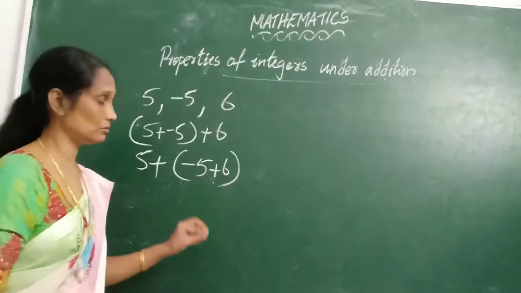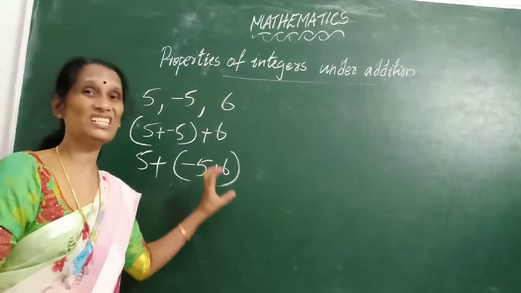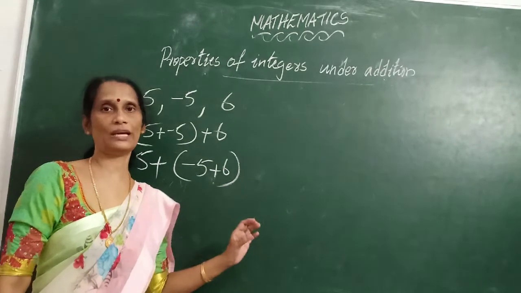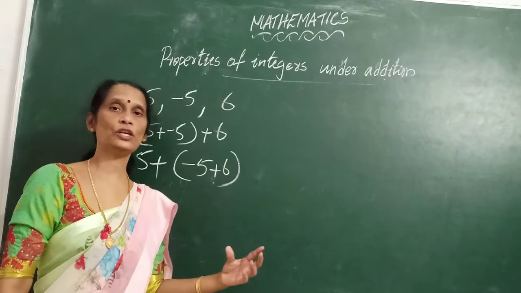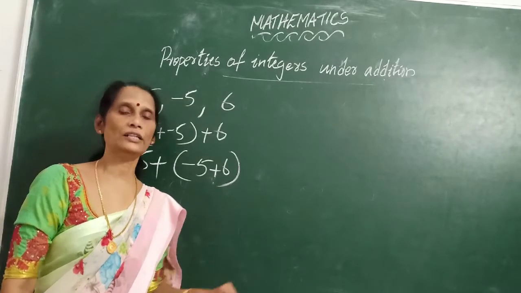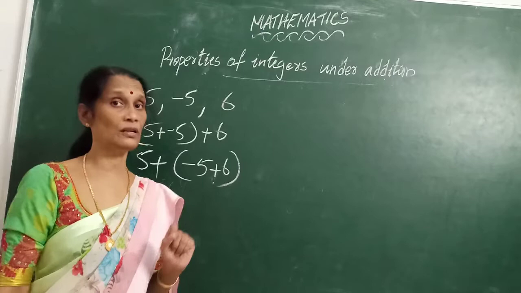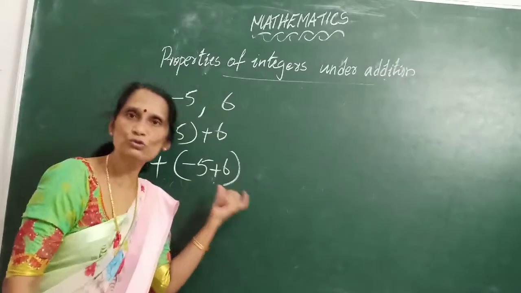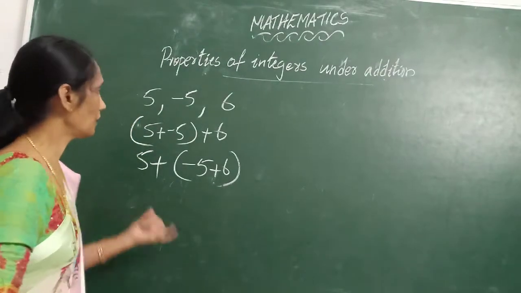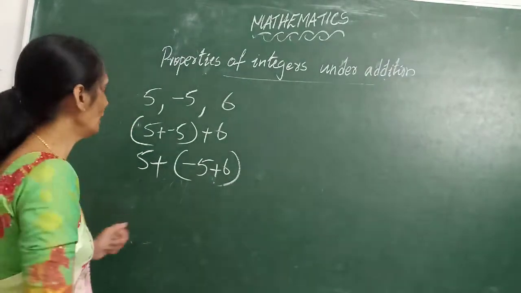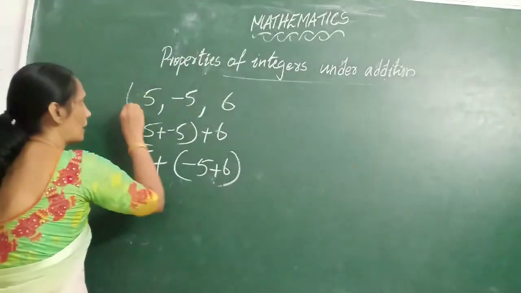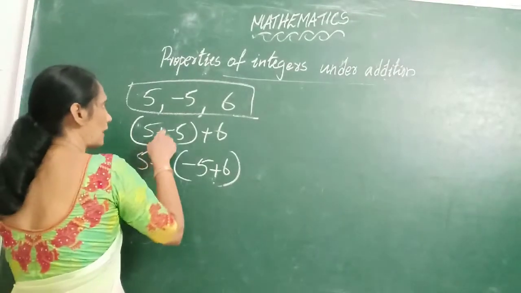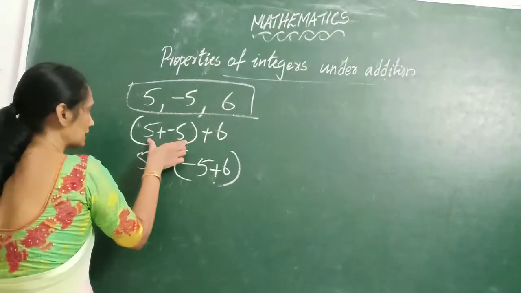Always we have to do the operation of the numbers which are in the bracket. There is a rule known as BODMAS. We have to follow that. Bracket open, division, multiplication, addition, then subtraction. What's the rule? BODMAS. So first of all, what is in the bracket, that we have to solve. Then only our answer will be correct. So here the brackets are different. Actually the numbers are 5, minus 5 and 6 in both. But here what have I done?